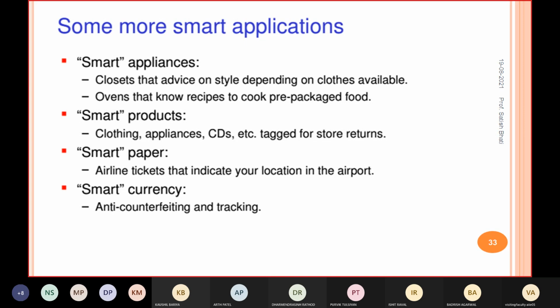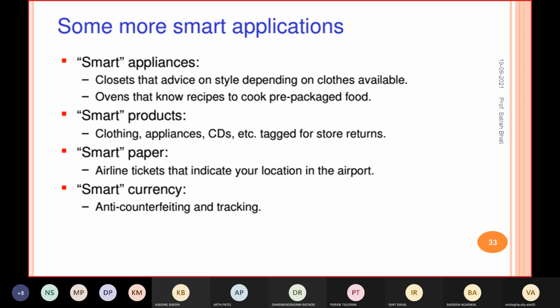In the same way, for example, nowadays in Ahmedabad you will find bicycles that you can use, right? You have to pay some money, scan the QR code, and download the application. Then you can use that bicycle up to some kilometers, and after that you can place it at that point. Right? So in that also they will put an RFID kind of tag, so they can track their product, right?